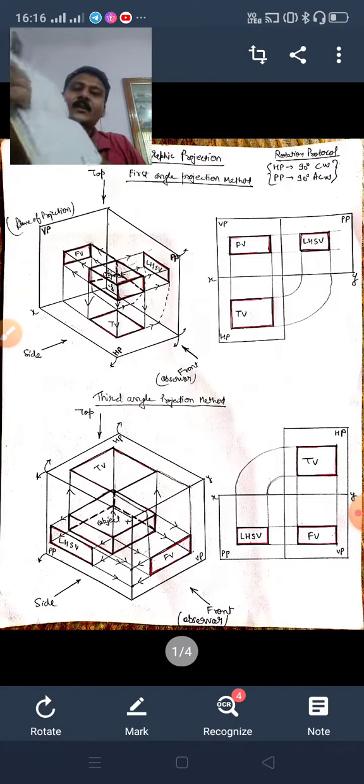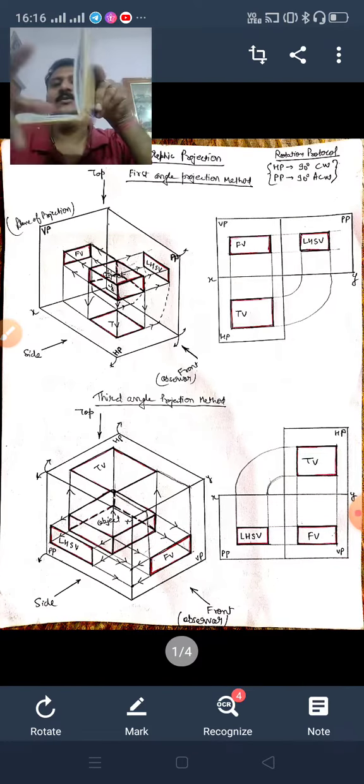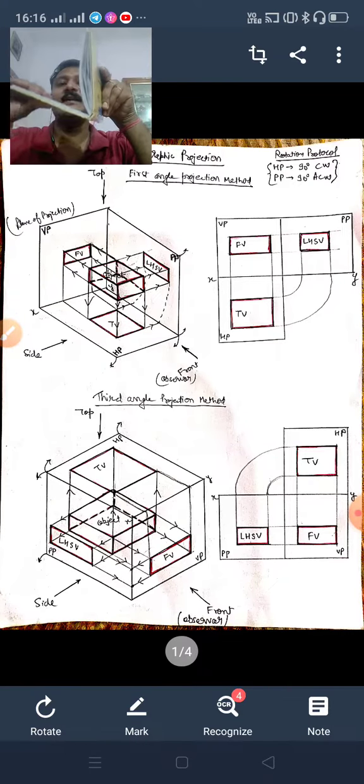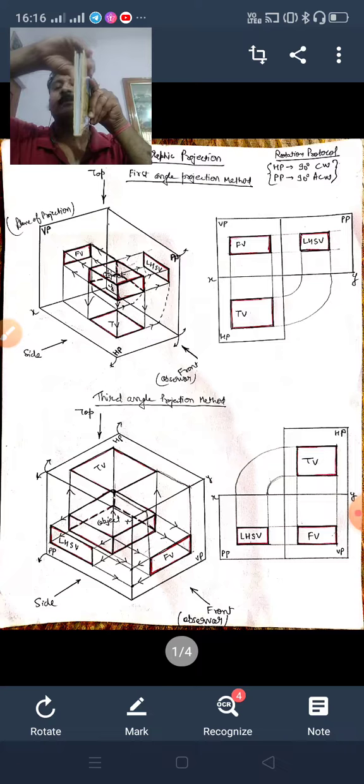In the second quadrant, what is the condition? This is the second quadrant, this is the vertical plane and this is the horizontal plane. As I said, we have to rotate HP 90 degrees clockwise, like this. Now by doing the rotation protocol, both HP and VP are above the XY line. So your figure will become very congested. Both the front view and top view will overlap, so it is very difficult to understand. That is why the second quadrant has not been followed.